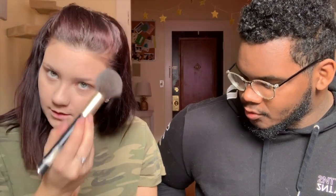The top is lighter and the bottom is darker. So are you supposed to aim for one, or are you just supposed to use all of them? It's up to you. I'm aiming for the top right now just because my skin's lighter. In the summer, I would probably do all of it, but...